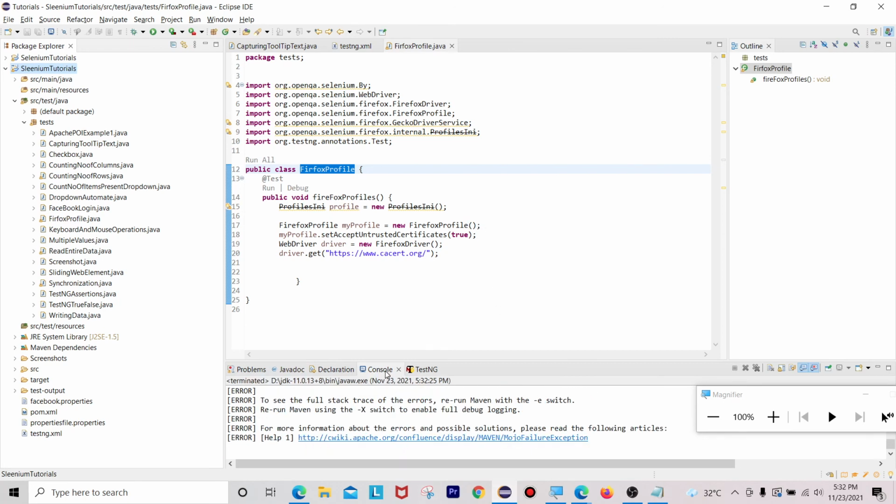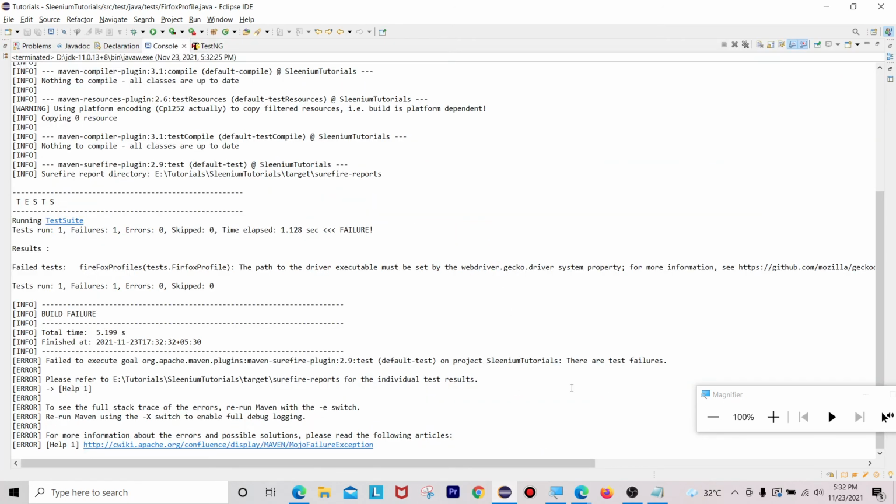Now you will get an error: the driver executable must be set by the webdriver.gecko.driver system property.